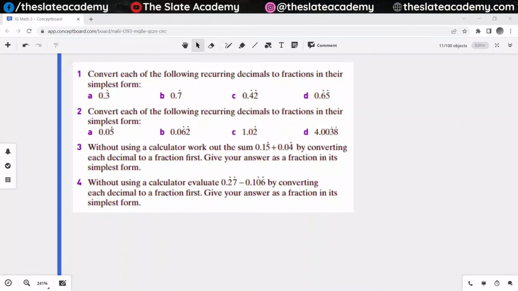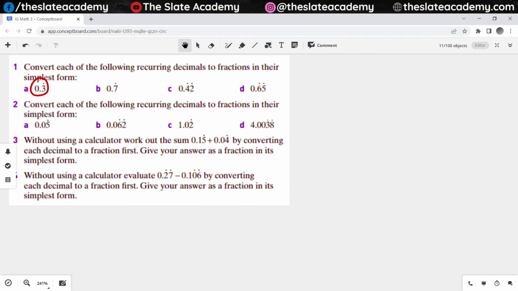Alright, so the topic that we have for today, as we discussed in the last class, is recurring decimals. And how do we know them? We know them when we see a dot on top of a certain digit. What it means when there is a dot on top of a digit is that this particular digit would keep on repeating itself. So if I see somewhere 0.3 dot,